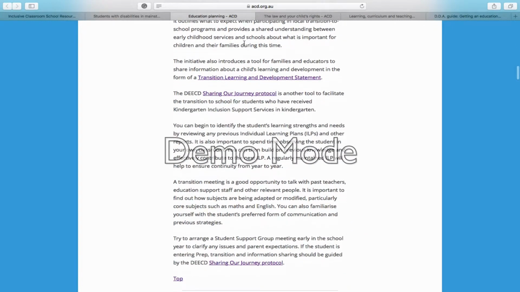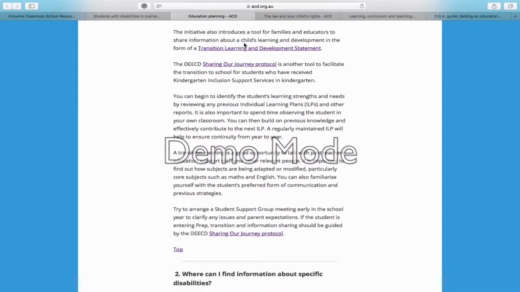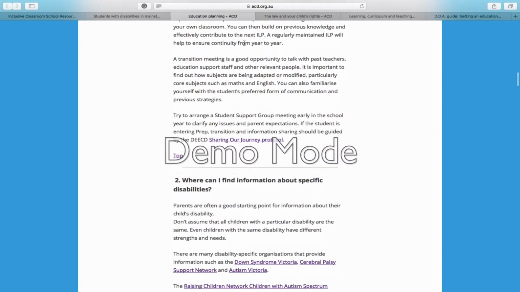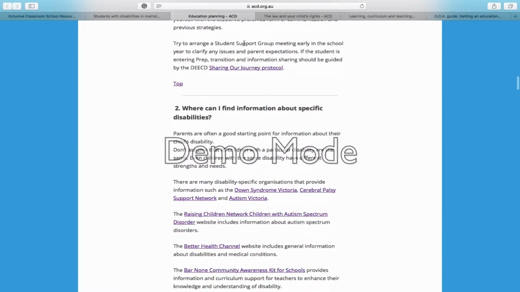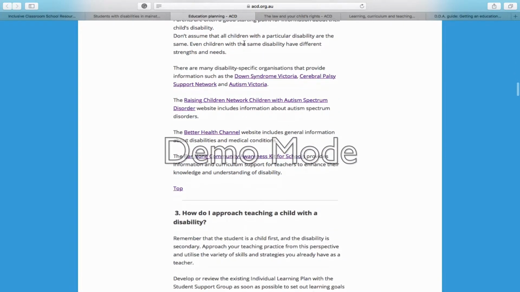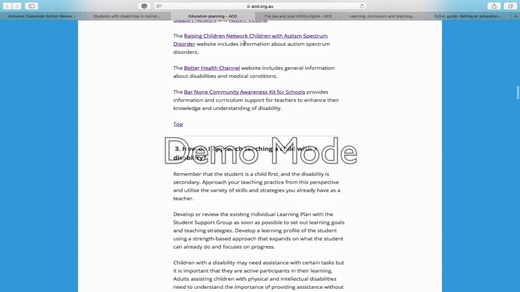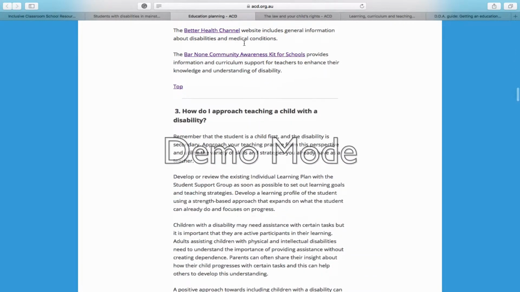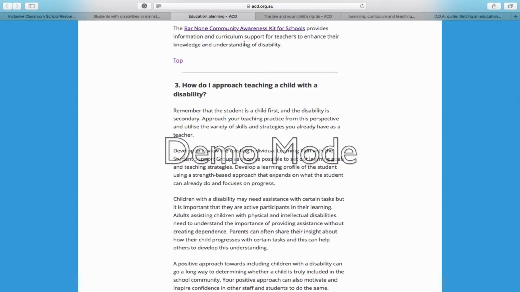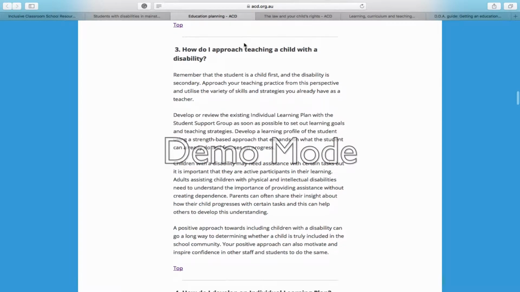How do I modify the curriculum? This strategy is an important tool to ensure that students with a disability are benefiting from a quality educational program. Modifying the curriculum is a form of differentiation and ensures that the complexity of the task is modified or allows the student to complete the task in a different way from the rest of the class.